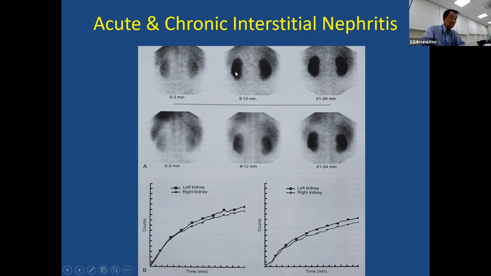All activity is retained in the parenchymal tissue. So if we outline, it shows an obstructing curve. Left kidney, right kidney, almost symmetrically. It builds up. This is an obstructing curve,